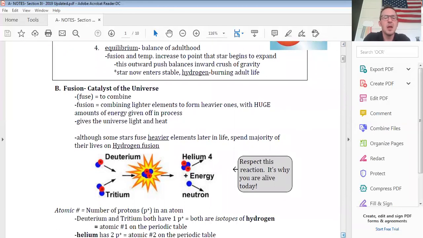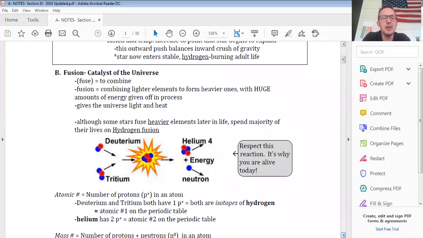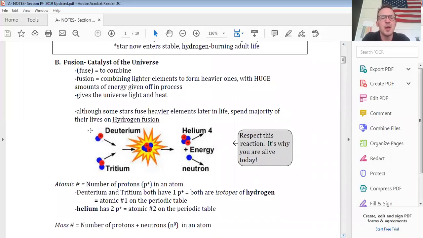atomic number 2. Here's a really good diagram, but it might be labeled in a way that confuses you a little bit. Deuterium and tritium are both isotopes of hydrogen, atomic number 1. Notice they both have one proton because they're both hydrogen. They then smash together to form a helium-4. Helium is atomic number 2, but its mass number is 4. We have 2 protons and 2 neutrons. So 2 plus 3 equals 4. Wait a minute, 2 plus 3 does not equal 4. Notice, teens, we have 1 neutron that gets left out of the party.